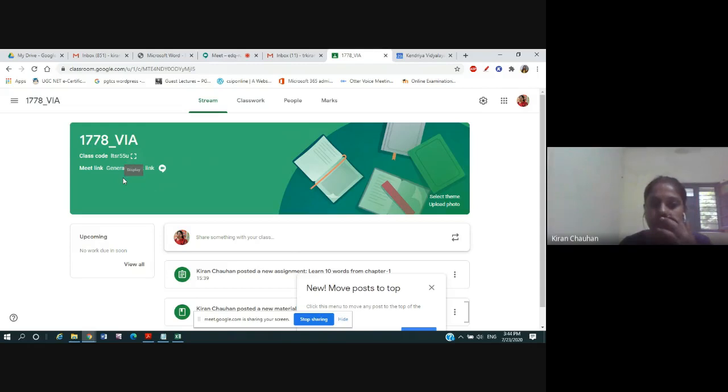I will tell you the option for optional classes. For example, Bio and CS are optional subjects. At the same time, we both will be having classes, and we cannot both use the same link, because what will happen? We will end up in the same meeting. So this is the problem. But there is one more solution that I will tell you later.